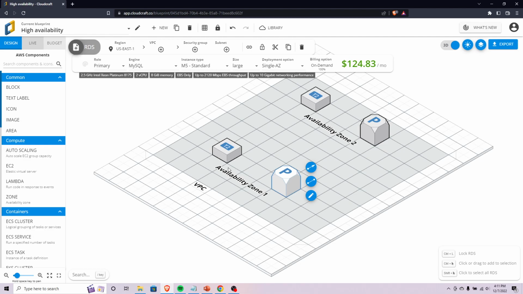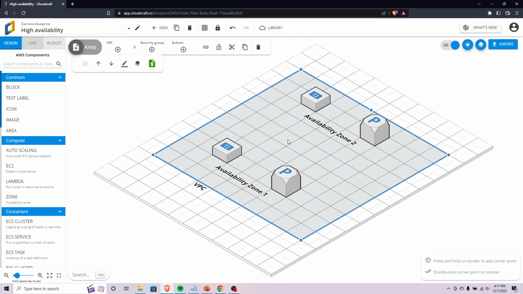But because they are in different availability zones, they are completely separated. So if there was like an earthquake or something to happen to availability zone 1 and just completely put it out of commission, then you could easily fail over to availability zone 2, which, remember, availability zones are physical locations of a cluster of data centers within an AWS region. They're physically separated so that if, again, something were to happen to one, you could still rely on the others